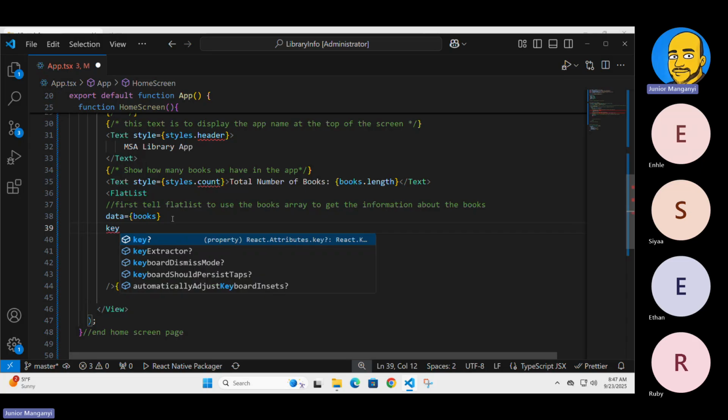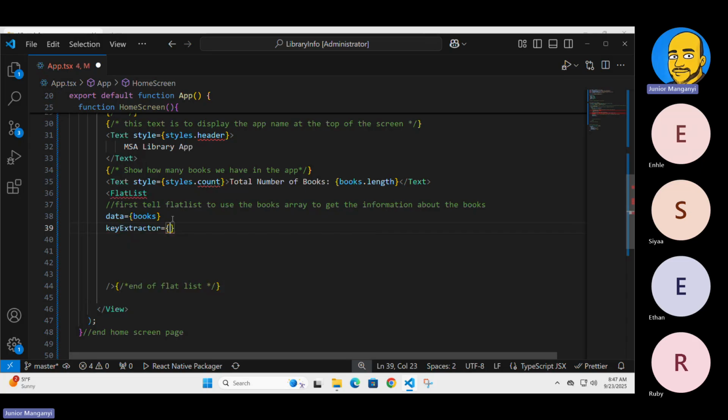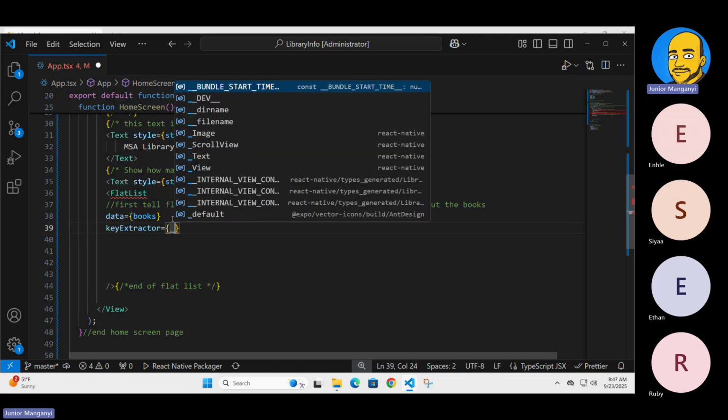So we're going to start by typing key extractor, just like that. The key extractor suggestion should give you an idea. There are two ways. The first one says I need to be able to extract a key, and the second one says, once I've extracted a book, I can assign this particular key. So now, for all the books that are stored in our array, which is books, we give each one a key. So how do we do that? We start,